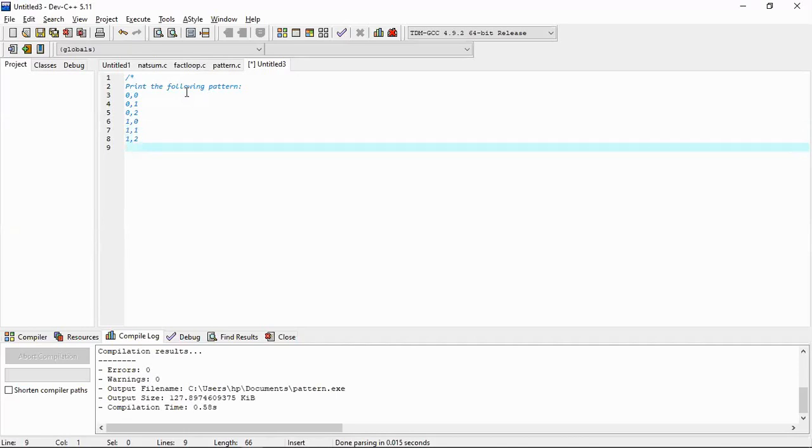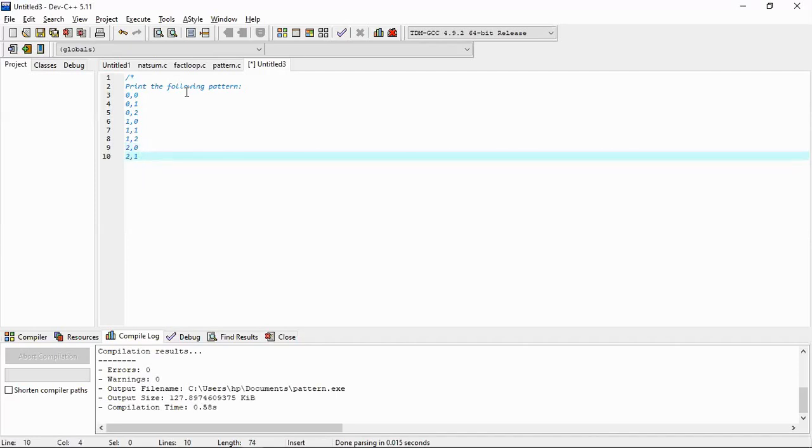then I want to print 2 comma 0, 2 comma 1, and then 2 comma 2. This is a very familiar pattern because when we use matrices, if we have a 3 cross 3 matrix, we know very well that